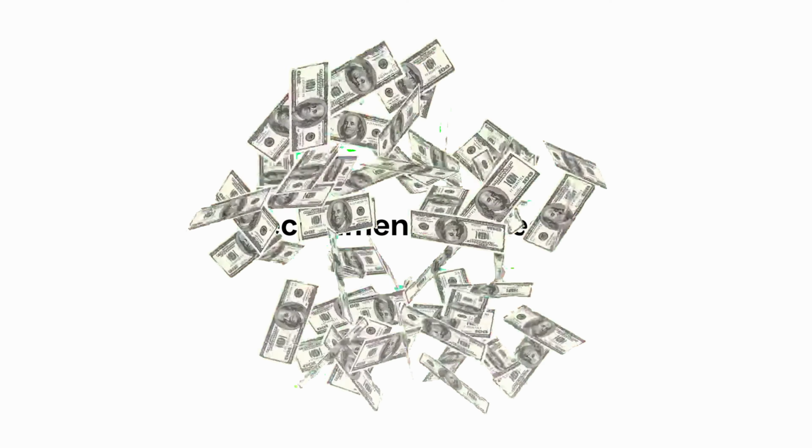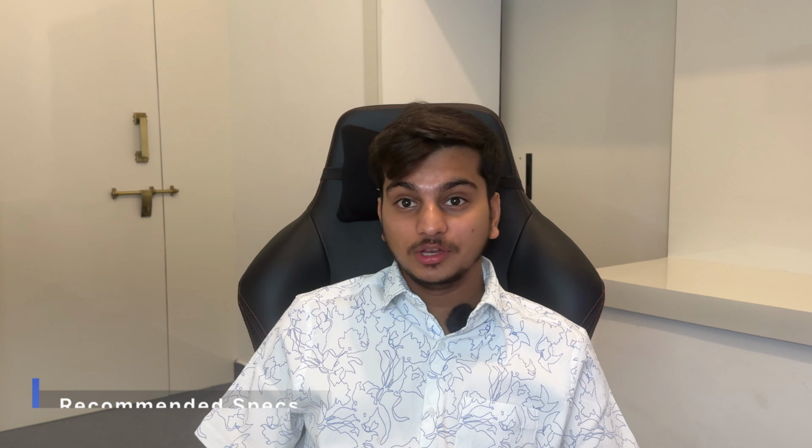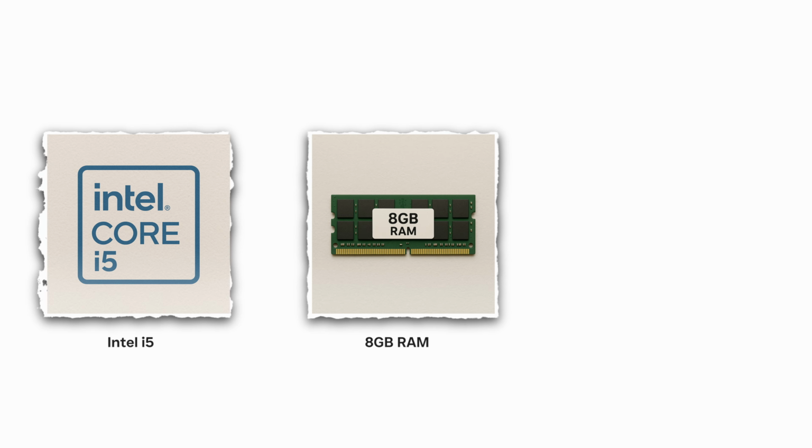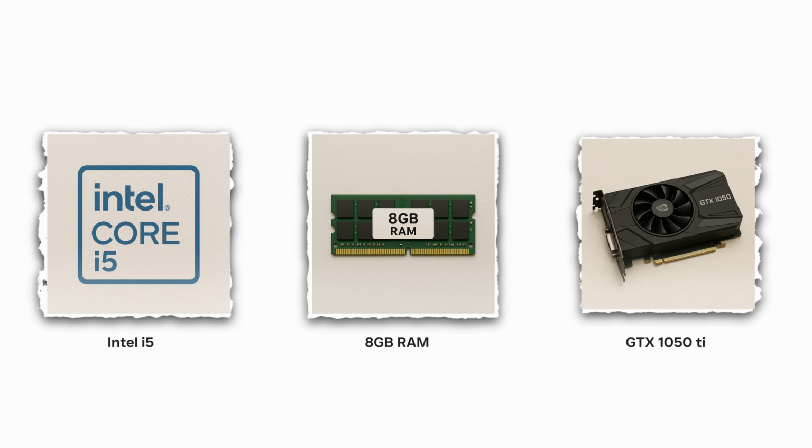So let's talk about budget builds versus professional builds. I know many of you students will have a limited budget, right? You can still get fantastic results with a smaller budget. So here is a smart choice for a budget build: Intel i5 with 8 GB RAM and a GTX 1050 Ti is also fine. Great for getting started with programs like AutoCAD or SketchUp. But when you start pushing your limits in 3D, like using complex models or 3D rendering, this will definitely start to struggle a bit.